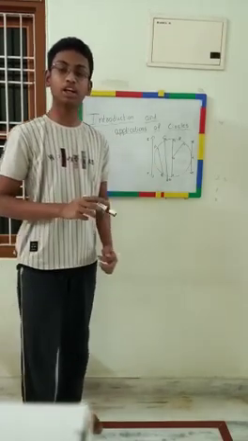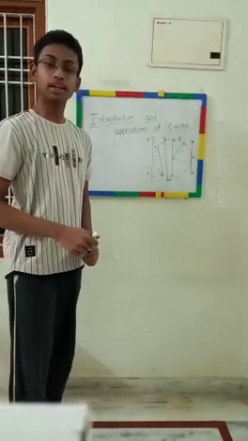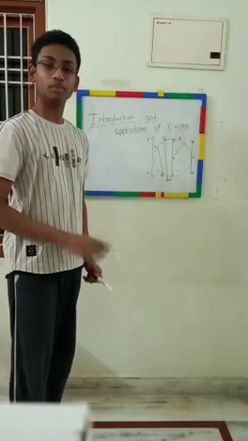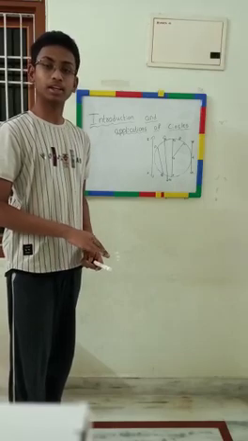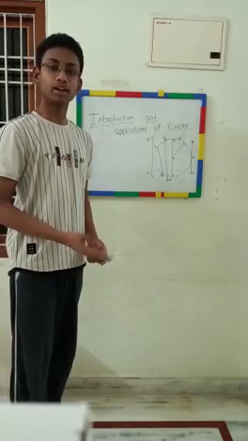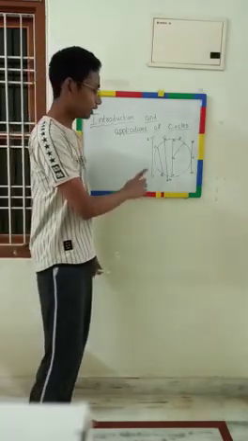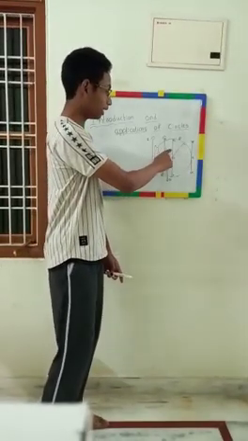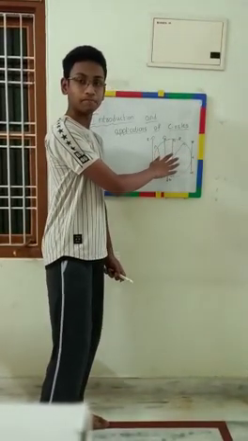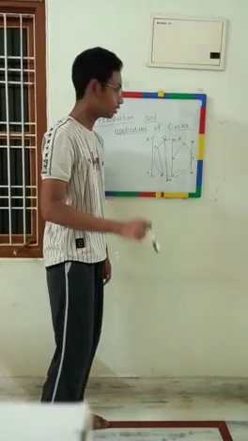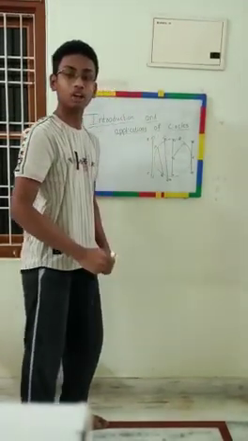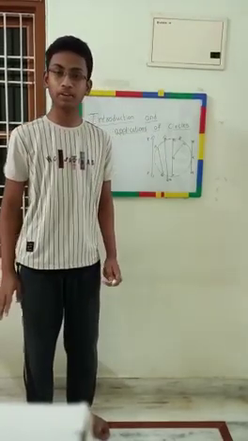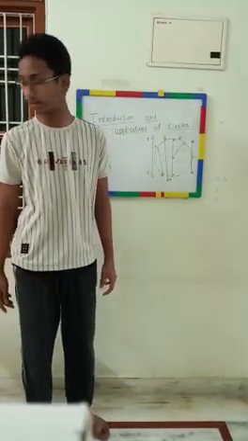Now we will see the area of a circle. To find the area of a circle, we use the formula pi r square. And to find the circumference of a circle, we use 2 pi r. First, what is the area? The area means the place which is present in the circle. And the circumference means the border line which is known as circumference. Now we will see some applications of areas and circumference.